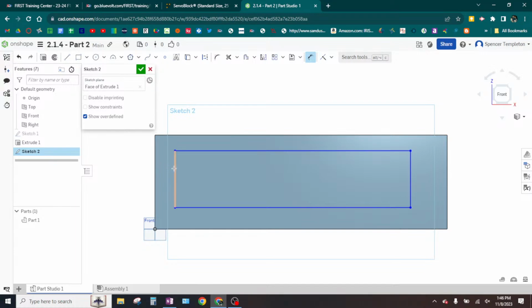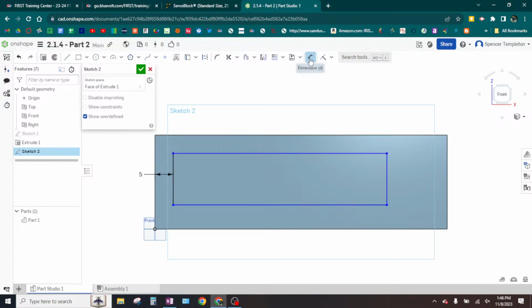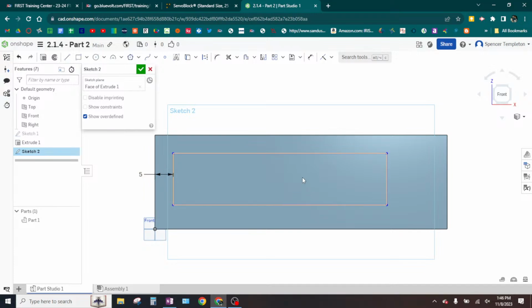I can click on the edge of the rectangle once, and then I can click on the edge of this shape once, and now since I've clicked on 2 things, it realizes I want to dimension the distance between the 2. And I can make that 5. You can do that for all 4 gaps. Notice that dimension made this side black, so it's constrained now. The other 3 sides are still blue. And as I slowly but surely dimension,